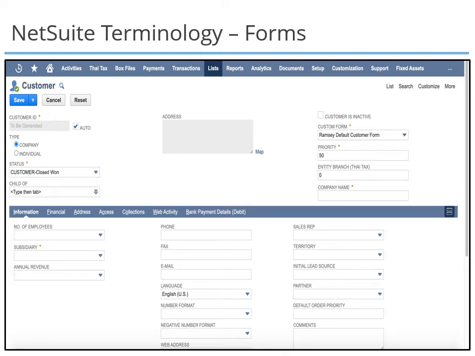The forms contain fields and multiple subtabs. Fields are a place in a record where you can enter the information. The subtabs are a section of the record that clusters field by subcategory. The multiple subtabs in the form help to capture additional details relevant to the master or transaction records.